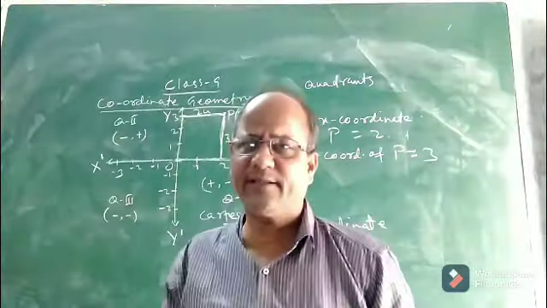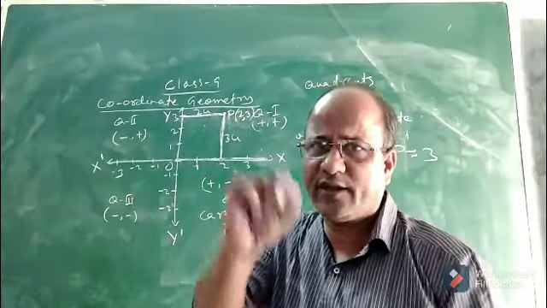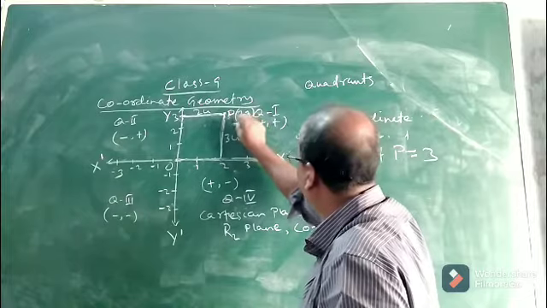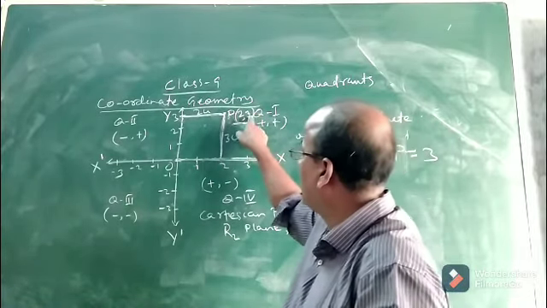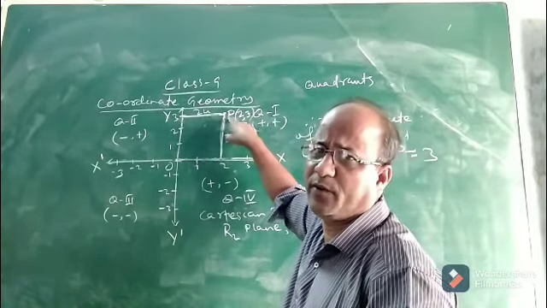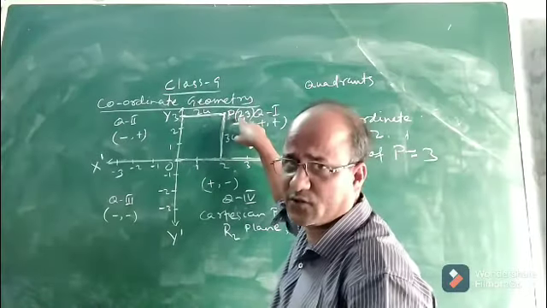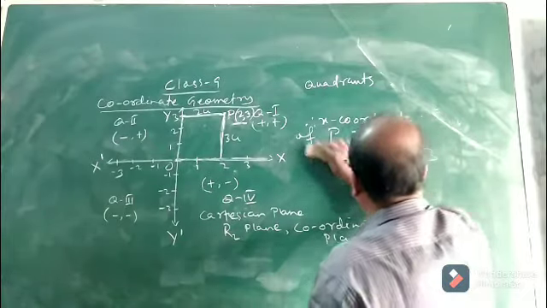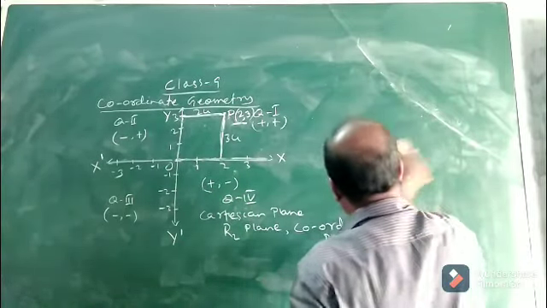This is how to plot a point in the Cartesian plane, if the coordinates are given. So my intention is, children, this is called coordinates. 2 and 3 are called the coordinates of which point? Of the point P. The first one is the x coordinate and the second one is called the y coordinate. Okay. Now, children, it was also there in class 8.